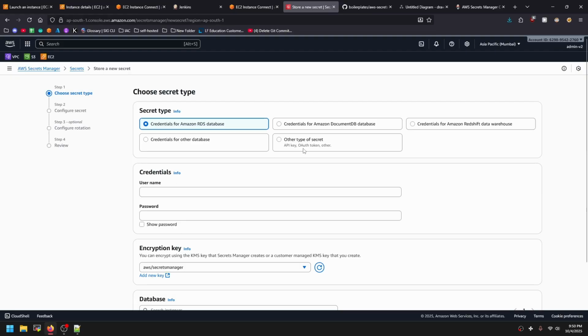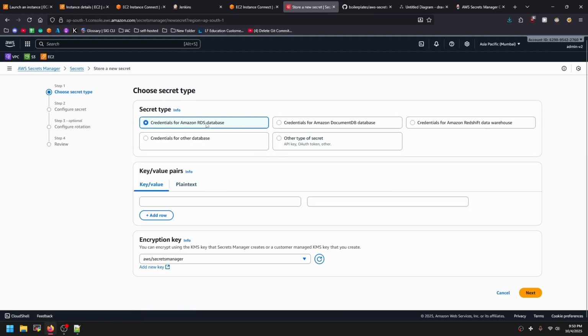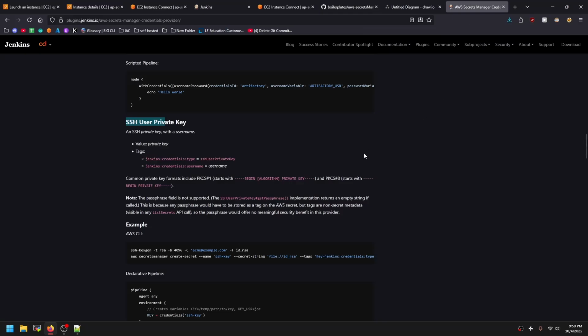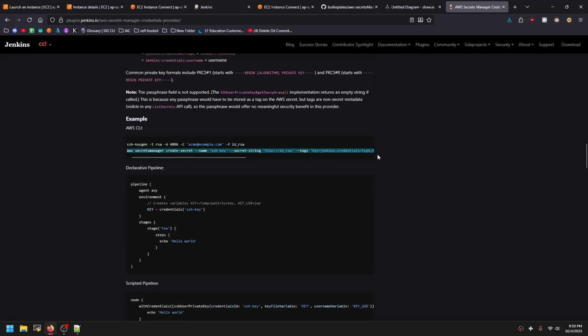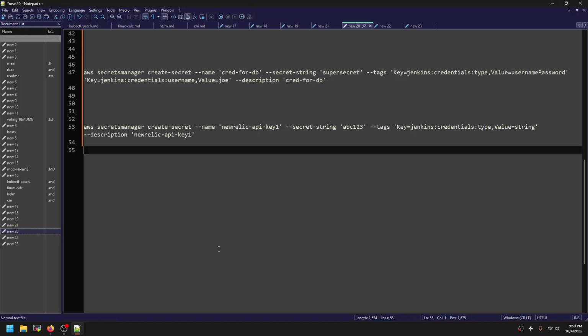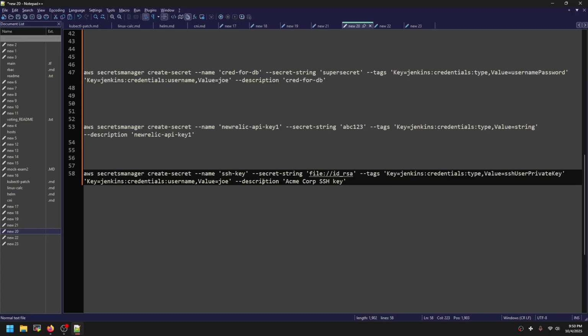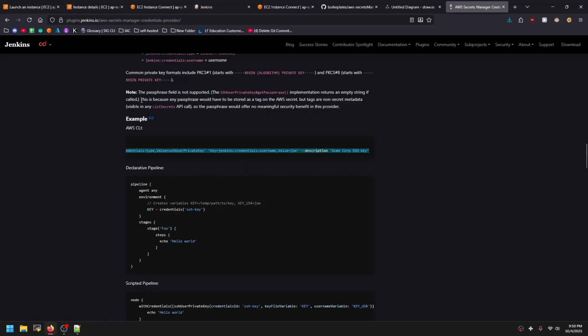Just click on store secret, other type of secret, and grab this file, this description itself. We can edit this description, and through it we need to provide id_rsa, which in our case is the key that we have, and the username value, the username is Ubuntu, and the SSH key. I'll keep the name and the description the same to identify correctly, and I'll copy